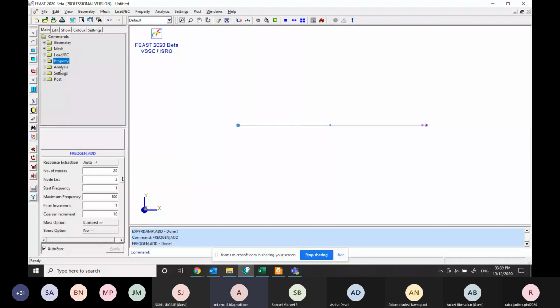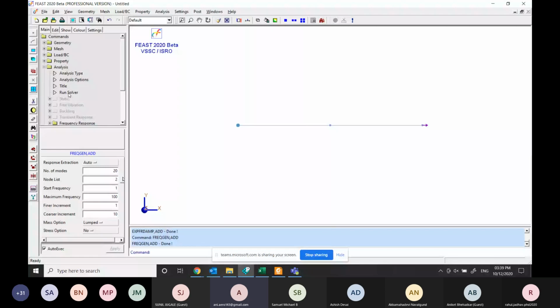In the properties, we have to fill the material properties and the physical properties. But since we have applied the stiffness and the mass matrix directly to the software, there is no need of any property, so material and physical properties are completely eliminated. And then we have directly set the analysis type to free frequency response, and some general settings we have added. General settings means we have applied the damping, and then some general values we have defined. Base excitation is required for civil structures, and in those cases you can give the base excitation values. For now there is no need, so I will skip it.